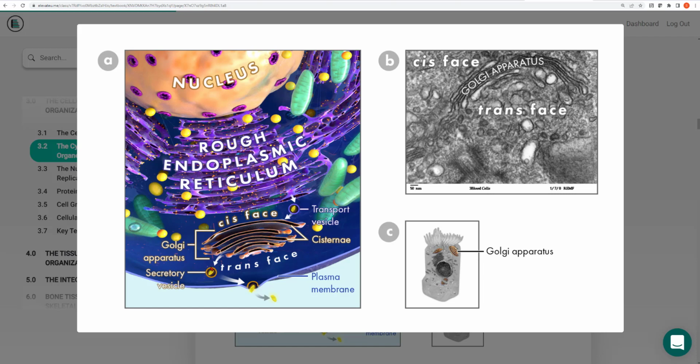Okay, so remember we talked about exocytosis, the way that the cell releases molecules out of the cell? Well, the Golgi would be packaging those proteins, which eventually are exocytosed. So right here at the bottom of this picture, we see a quick example of exocytosis. Also, the Golgi is going to be making the lysosomes, and it's going to be making those peroxisomes. So any little bubble of enzymes and proteins that are floating around the cell are also made, packaged, and produced by the Golgi apparatus.